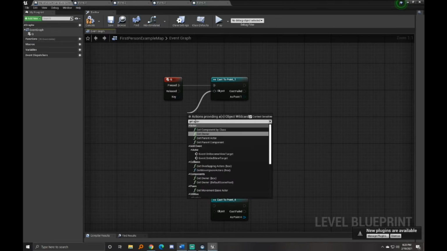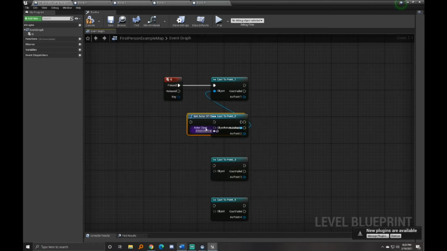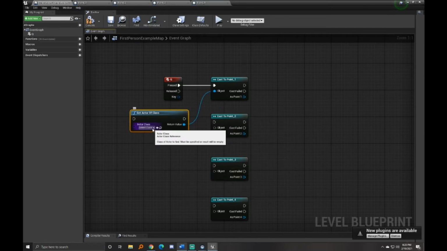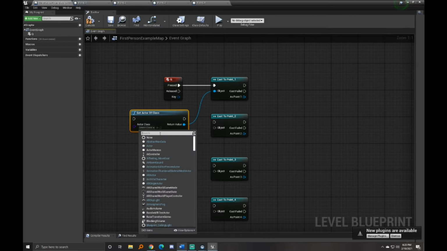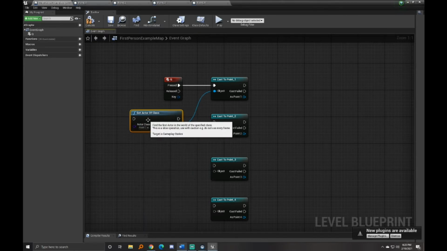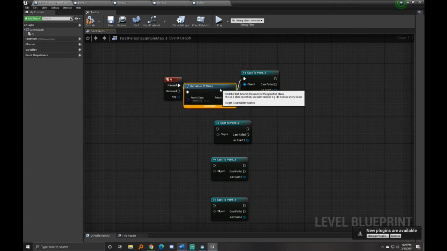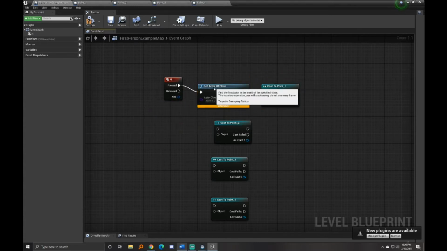from get actor of class, and then from actor class you're going to type in point 1, which will allow this to work. Right. This needs to be plugged into here and then into here. Perfect. All right. So now that you have the casting, I'm going to go ahead and do the same